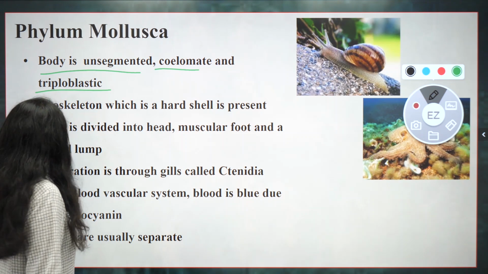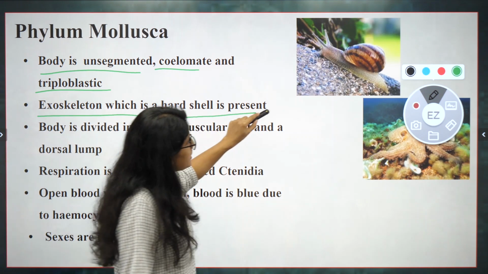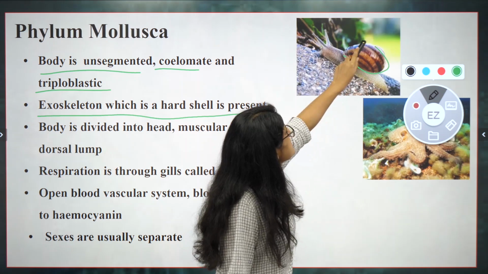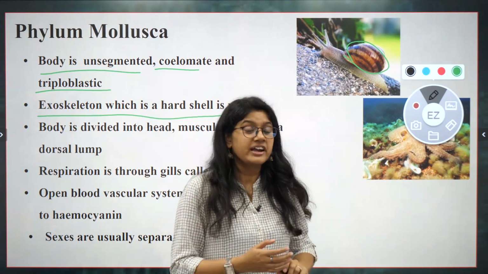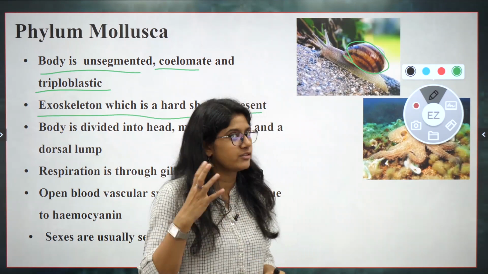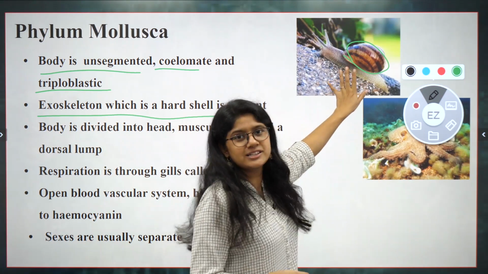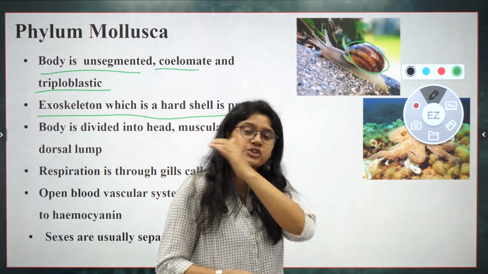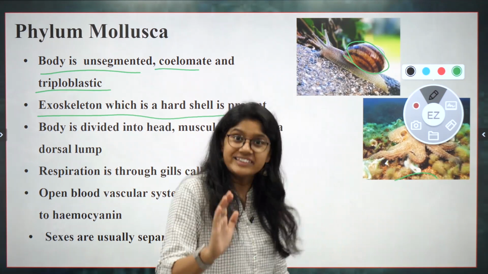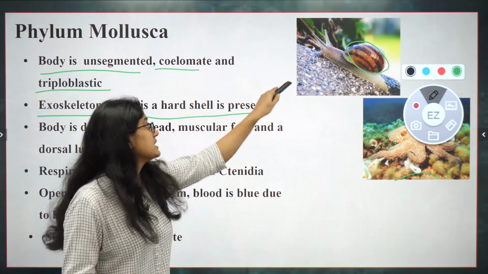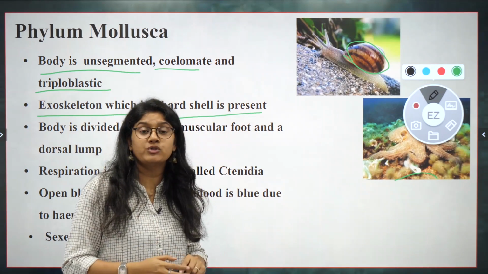Okay, they have a tough exoskeleton. You must have seen the snail, very, very common. This snail is there near our surroundings. If rainfall is happening, you'll be able to see the snail carrying a small shell-like structure on its back. And of course then we have the octopus. That we don't see very usually, but snail is a very common example of the molluscan.